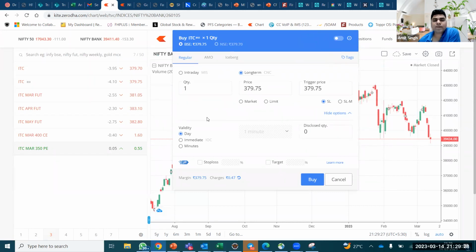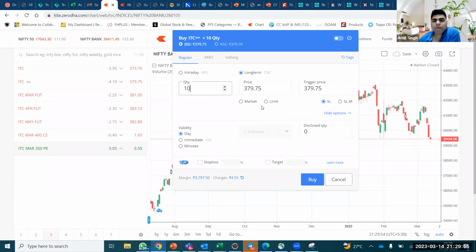We are just trying to take a trade in ITC. So now, if I am not having an ITC stock, कोई ITC नहीं है मेरे पास, first time I am coming and I want to buy this. If I want to buy 10 stocks, then what will happen? The margin has increased. 3797. ठीक है ना? अब 3797 देना पड़ेगा.